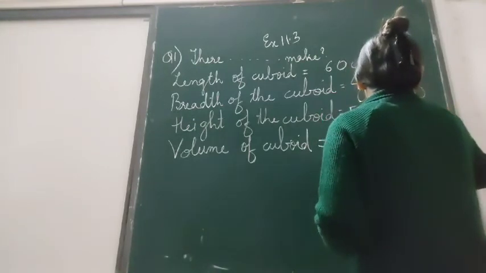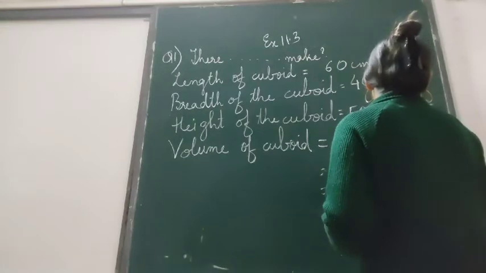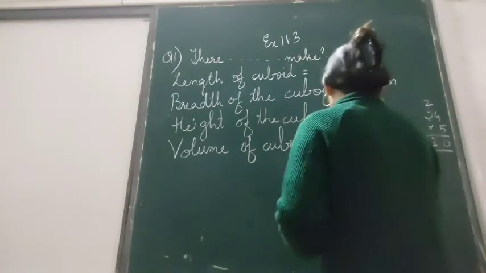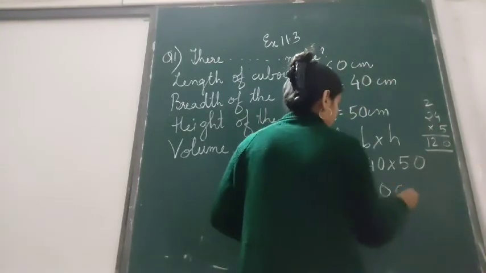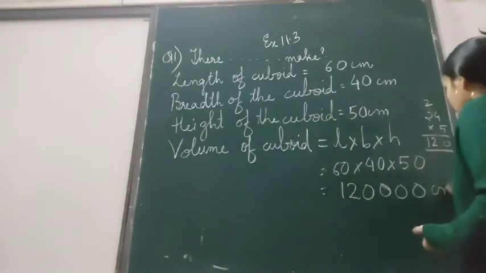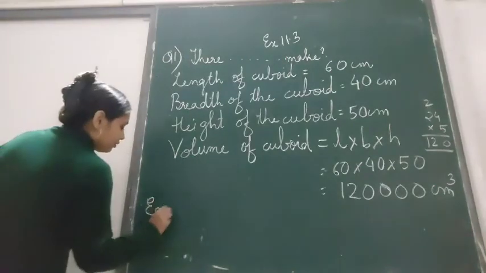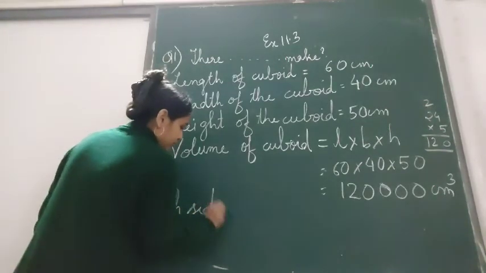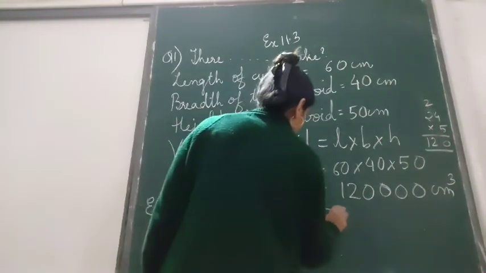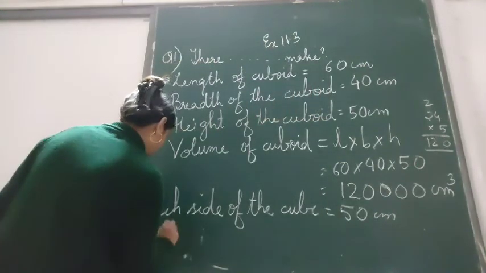6 4s are 24. 24 into 5. 5 4s are 20. 2 5s are 10, 11. 120 and 3 more 0. See? Easily it came. Centimeters cube. And each side of the cube centimeters. Volume